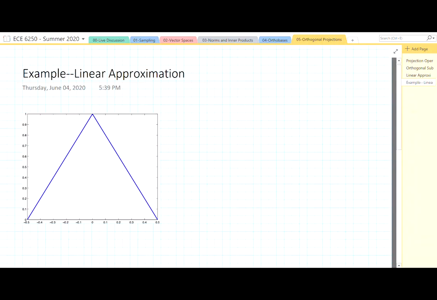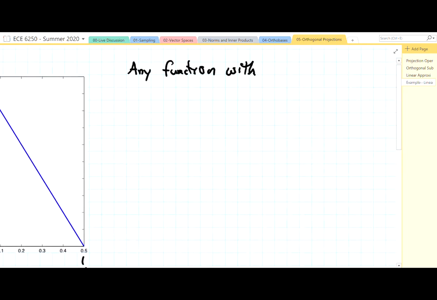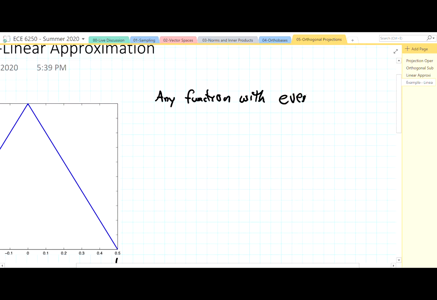Before we go on, I thought it would be useful to look at a practical example of linear approximation, one that you have perhaps seen before. And that is, we have a function from minus 1/2 to 1/2, and it has even symmetry. So any function with even symmetry